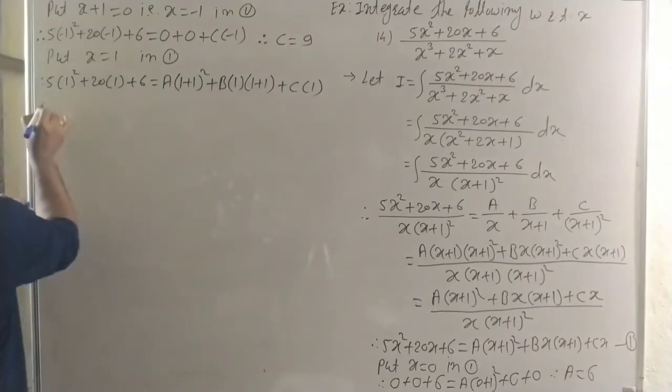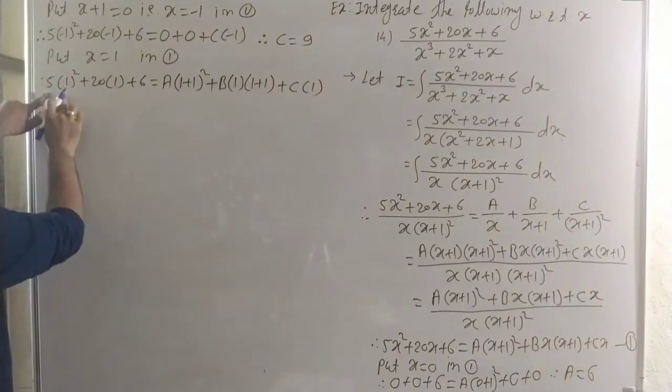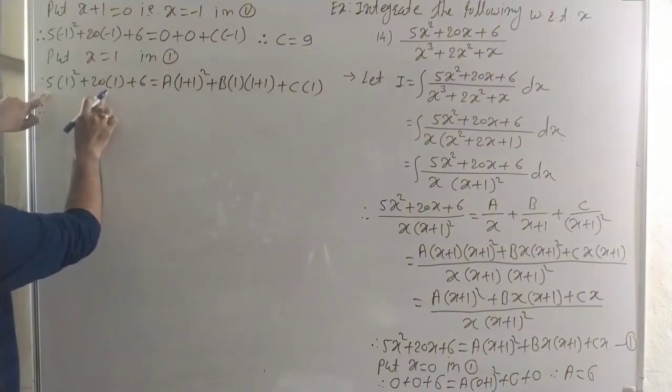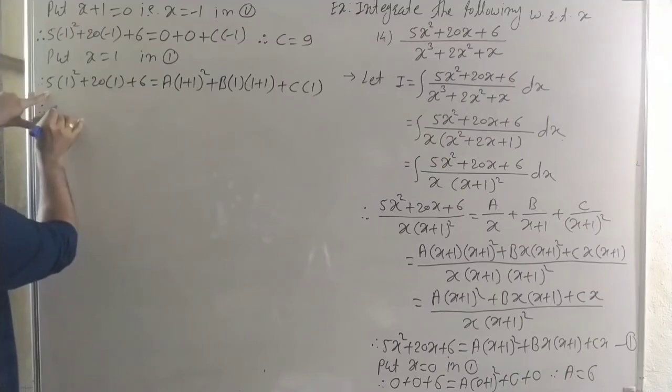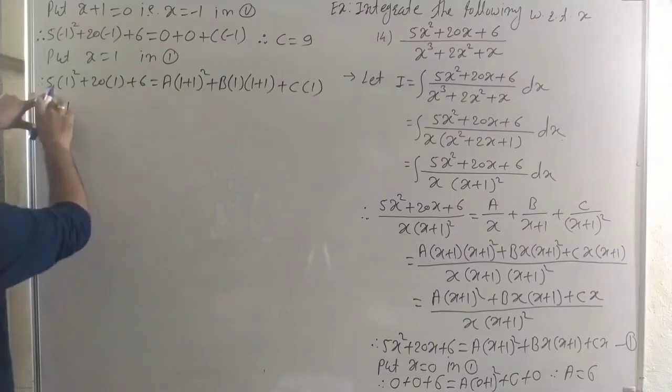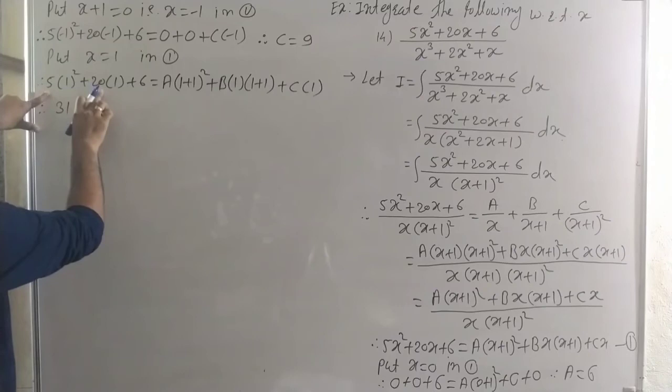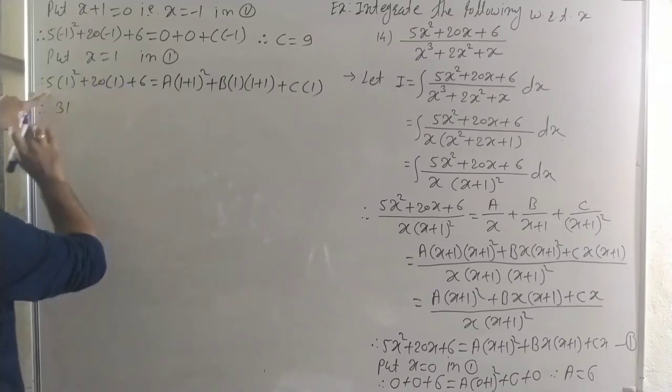Now, here it is 5 plus 20, it is 25, and plus 6, it is 31, is equal to, here